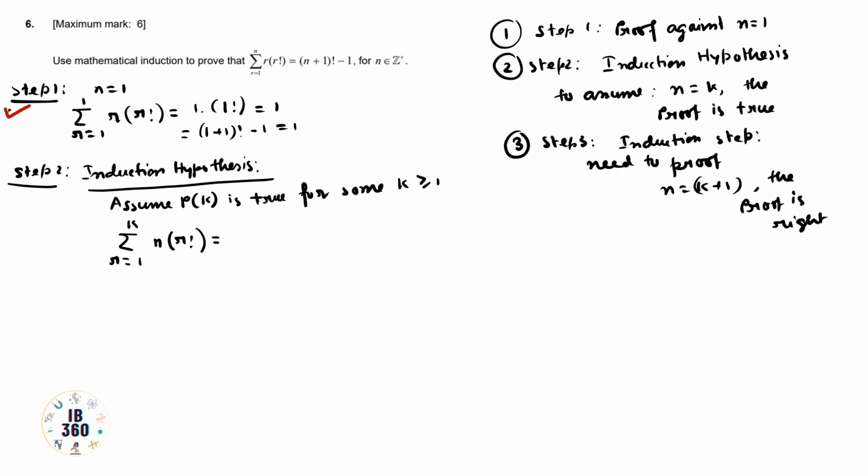is equal to, because we are assuming this particular part to be true, we can write from here (k plus 1) factorial minus 1. How are we getting this answer? Just from the hypothesis, as we are assuming this to be true. So assume P(k) is true for some k greater than or equal to 1, where the minimum value of k is 1. So the summation r equals 1 to k of r times r factorial is equal to (k plus 1) factorial minus 1. So this step is done. I think till now it is clear for you.